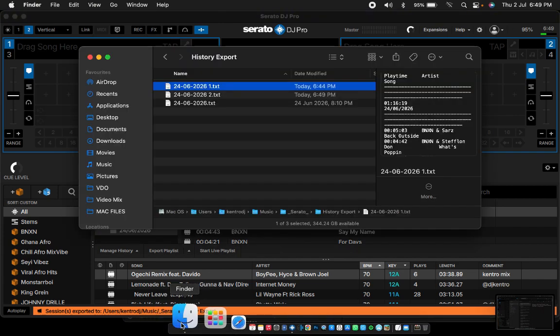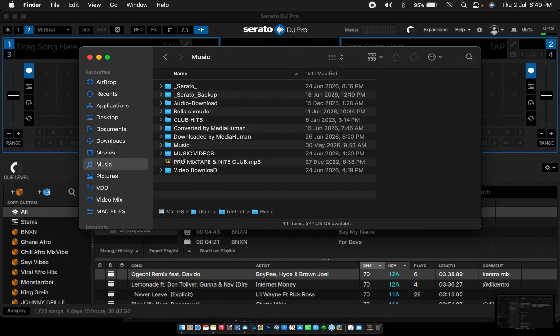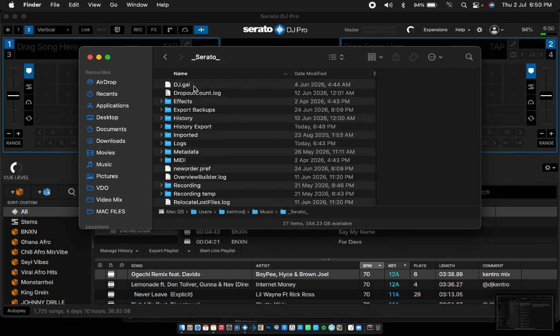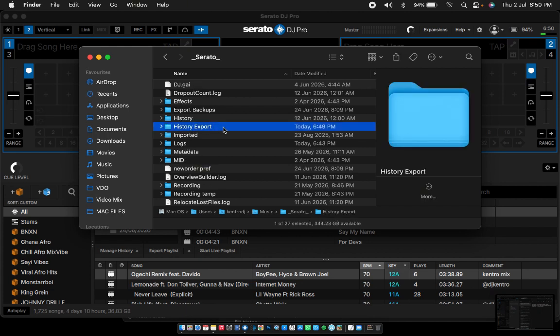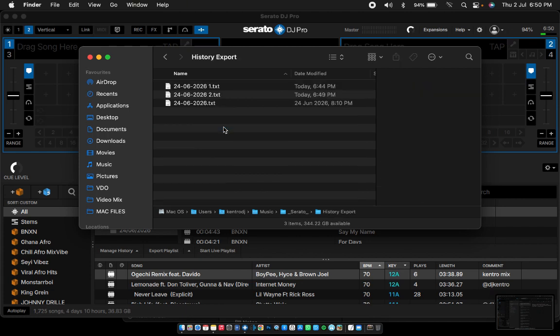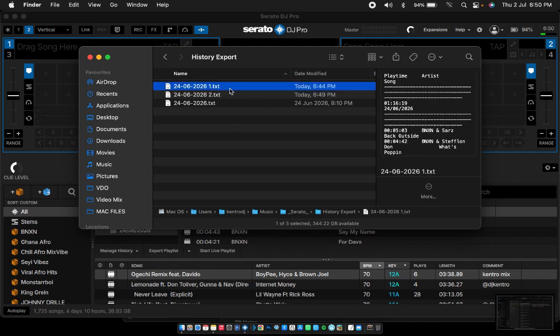Now we move to our Finder. On our Finder we hit the music folder. In the music folder we'll see our Serato folder, open it, and in our Serato folder we'll find export, history export. When you open the history export, you see the file. When you see the file, it's now a text file. For some users,